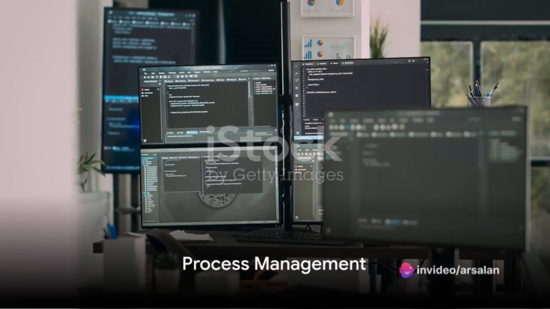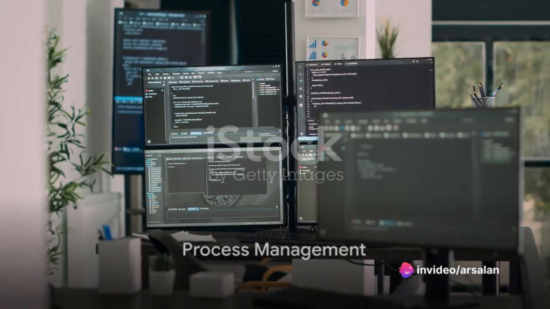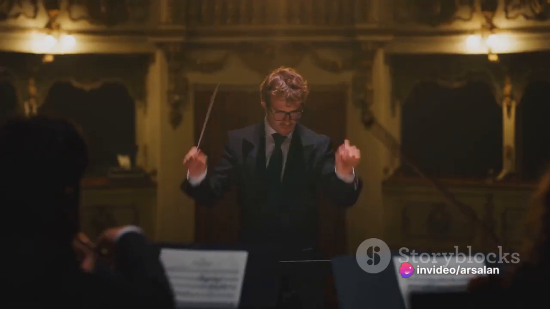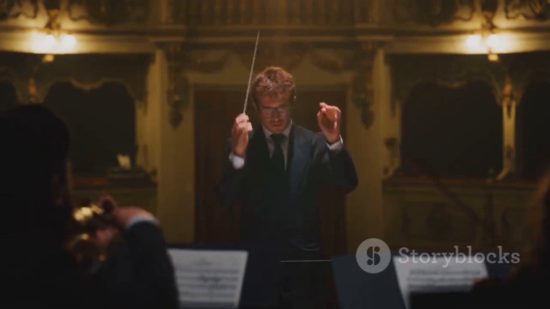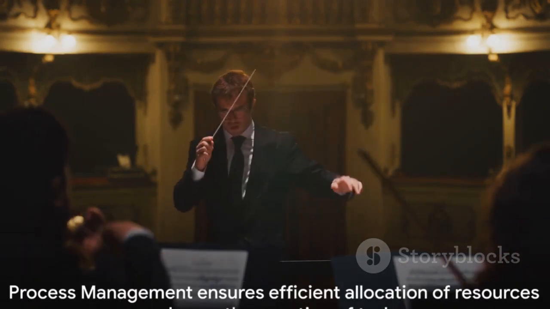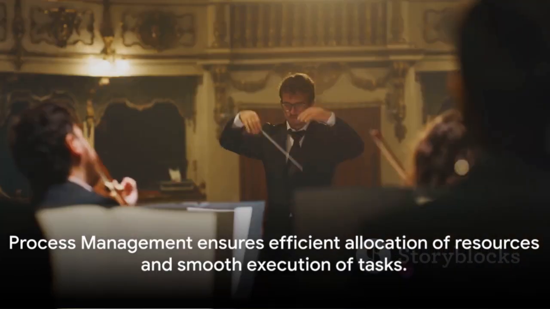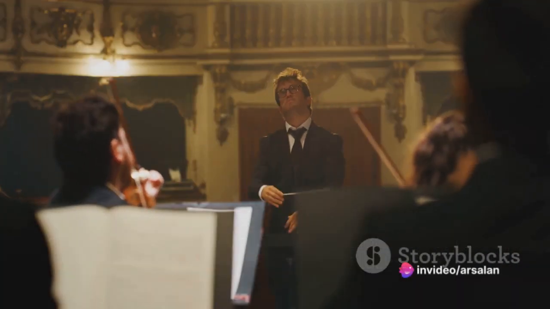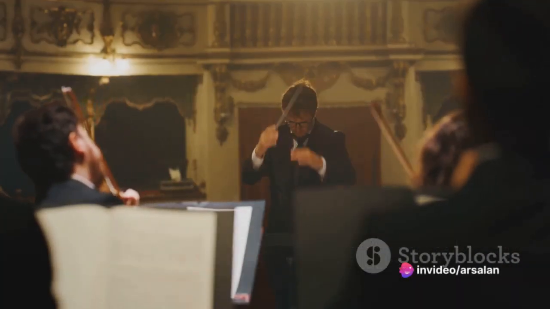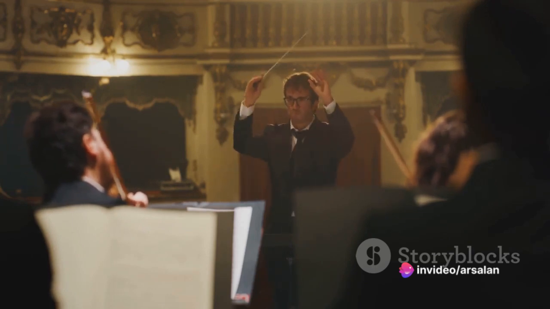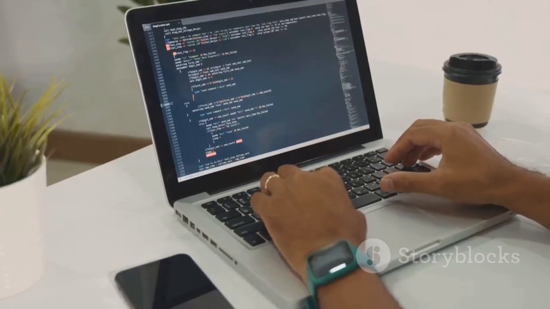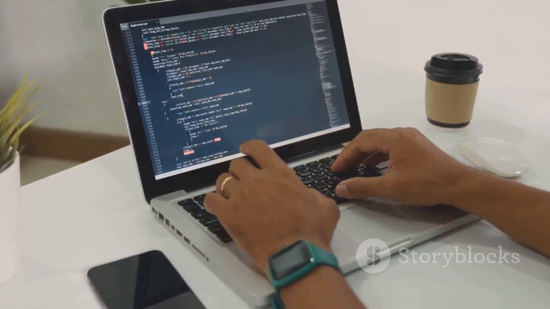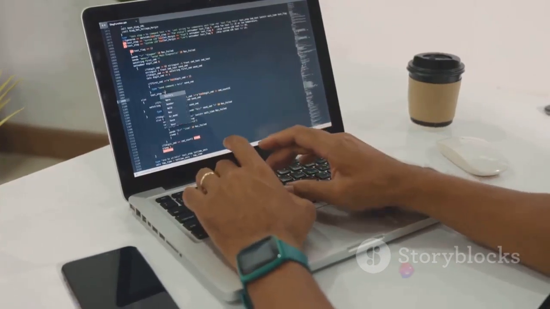First up, we have process management, the heart of any operating system. This pivotal component is like the conductor of an orchestra, coordinating all the various processes that are running on your system. It ensures that every process gets the resources it needs, from processing power to memory, and oversees their execution from start to finish. Think of processes as the tasks or applications you're running on your computer. Whether it's your web browser, your word processor, or a complex piece of software, each is a process that needs